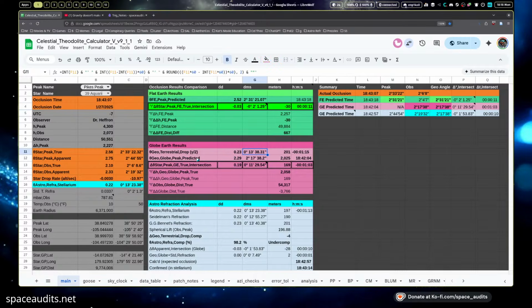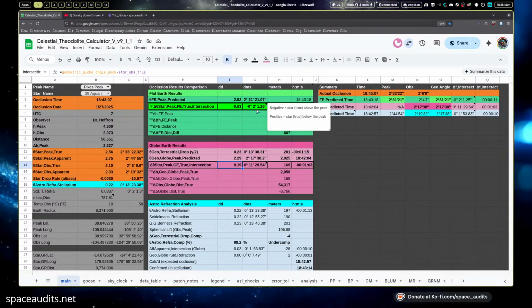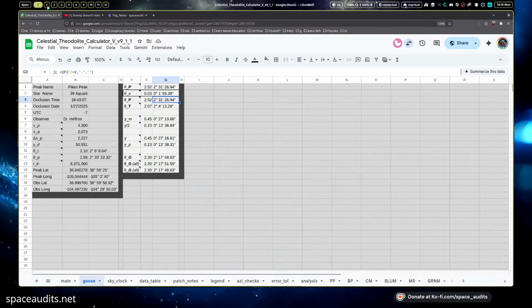This half gamma here is the elevation difference between flat Earth and globe Earth. This is where the significance is going to come from, because how much we're off here dictates, if we were to use the star's true position at either location to derive a triangle, how much we're going to be off in elevation and distance, using only one of the other known variables to solve for the missing one. So everything stems from this intersection difference. This is the significant part of the spreadsheet. Everything else is just kind of there for funsies. All right. Because everything stems from that